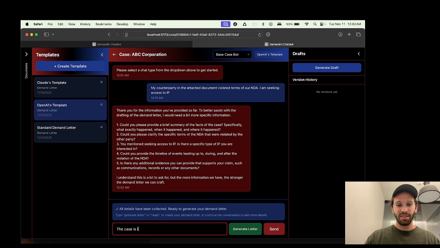The case is simple. I'm just telling the AI here to not go too into it, but here you'll see that the AI is coaxing me, encouraging me to provide as much detail as possible in order to generate a detailed demand letter.